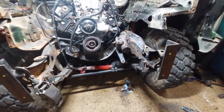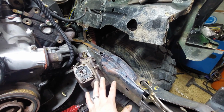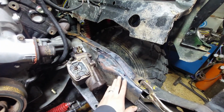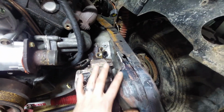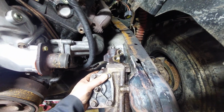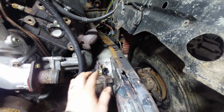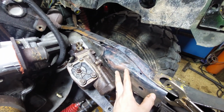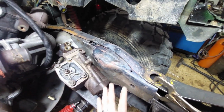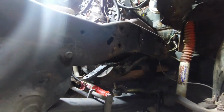But at this point, I'm basically going to continue getting the steering box mounted where I think it should be. Obviously, I've got this section of frame out of the 02, and I've got it located to the crossmember, which I'm using, so I know I'm in basically the right location. And if I hold it to the hole on the top here, it lines up fairly well to the steering column over there, so I have good clearance that way. I basically want to get this thing placed where it should be, and then I'll drill holes through the frame rail to get it where I want it. The more fun part is going to be if we come down here again,